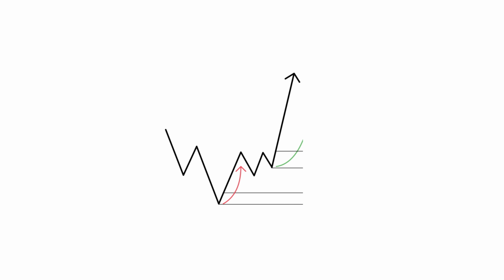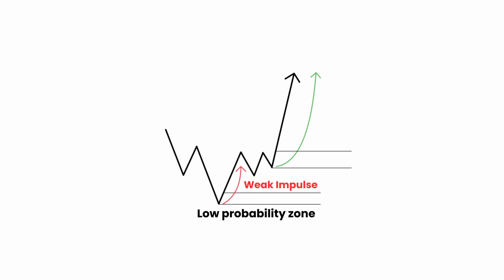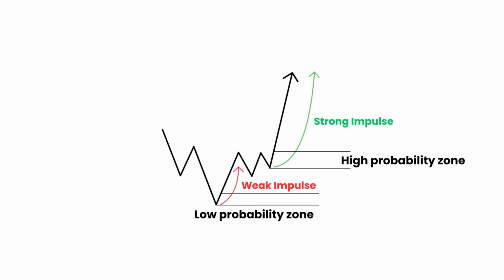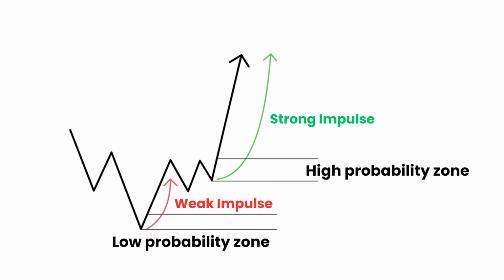If, however, a zone has formed a very slow, choppy bit of price action on the way up, but then we come in and we form a strong impulse zone like this, then the second zone is going to be the one with the higher probability. And while this does somewhat contradict the previous point on extreme zones, the simple tip I can give you to take advantage of this thought is to focus on the strong impulses when they are the cause of the break